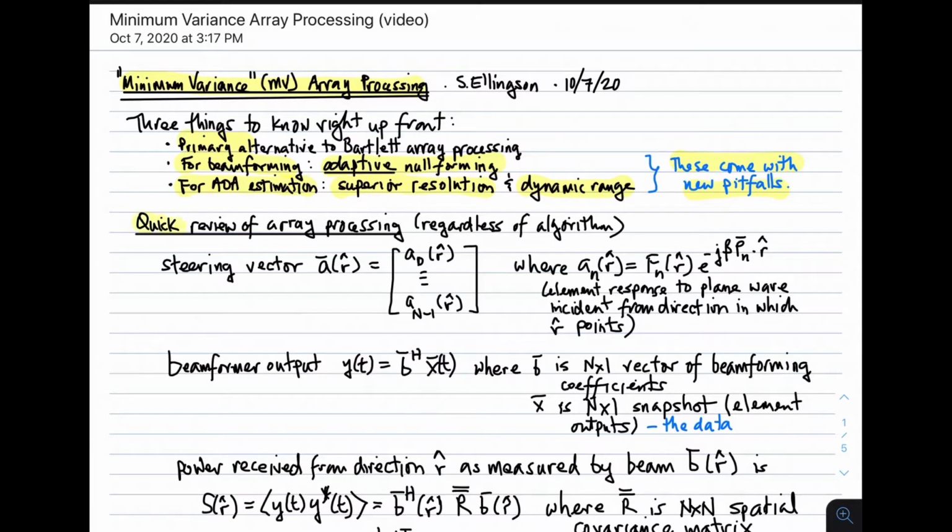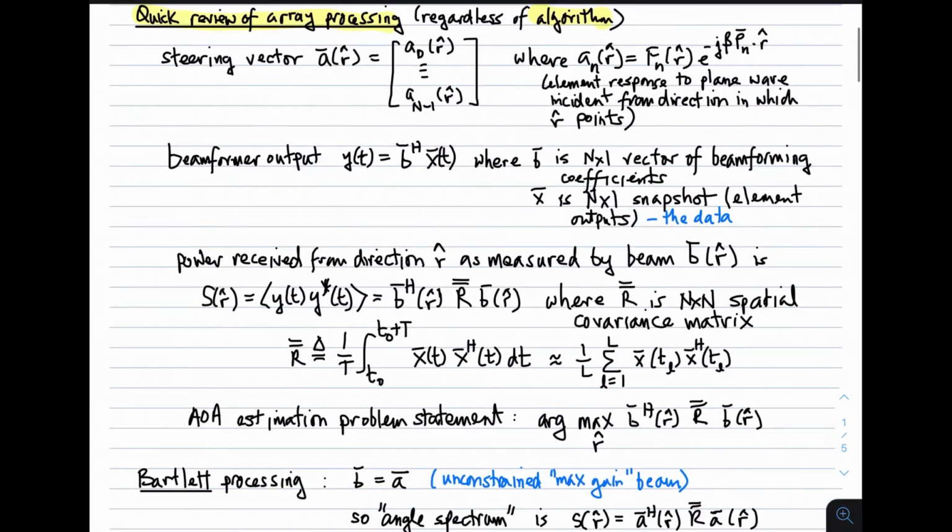So to begin, let's begin with a quick review of array processing in general, regardless of algorithm. So what I'm about to repeat here applies to both Bartlett and MV processing. First, we have the concept of a steering vector. The steering vector is the element response to a plane wave incident from the direction in which the vector r hat points. The formalism I have been using for this is to say that the elements of the steering vector